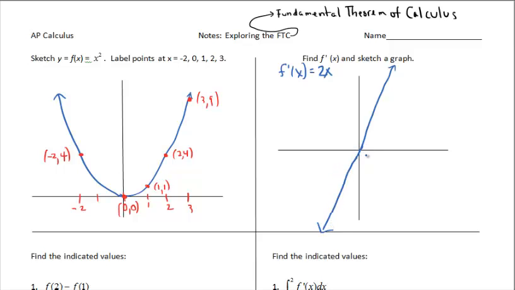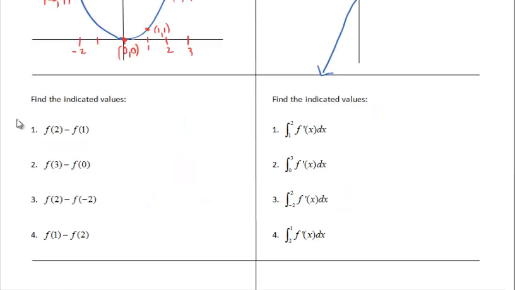Something like this. Okay, so we have a function and its derivative, or if you want to think about it, a function and its antiderivative. So let's go down here to what's requested of us. In this column, we're asked to find the indicated values from the original function f of x. We know we're finding y values from the original f because of the notation. That's f, not f prime. So looking up at the graph, f of 2,